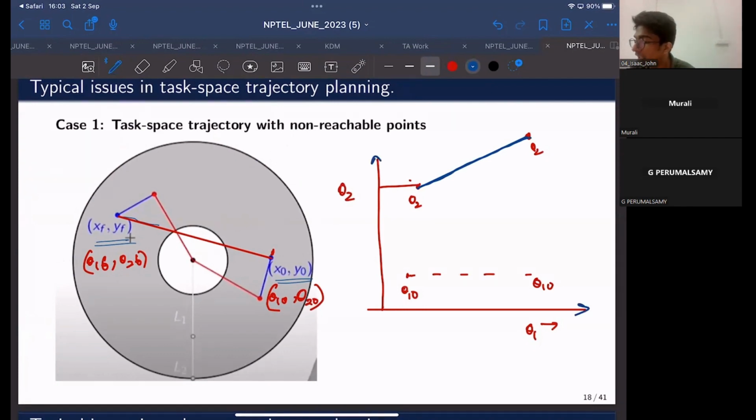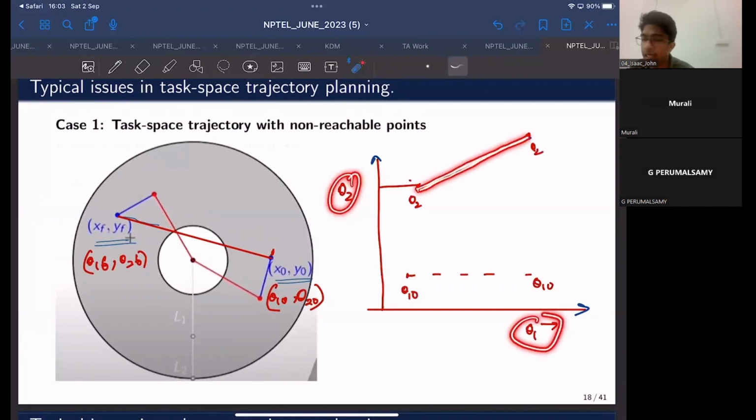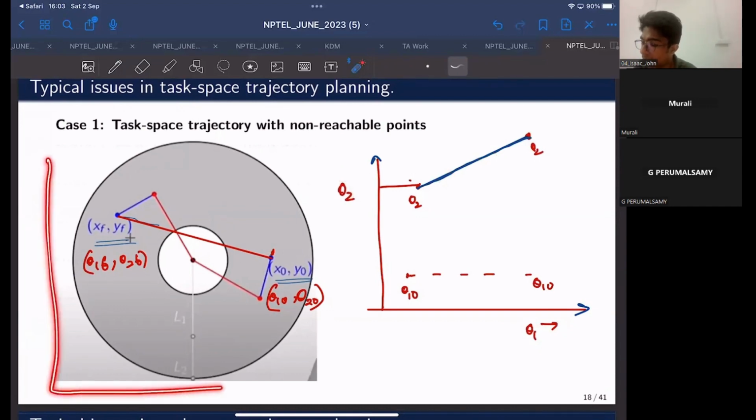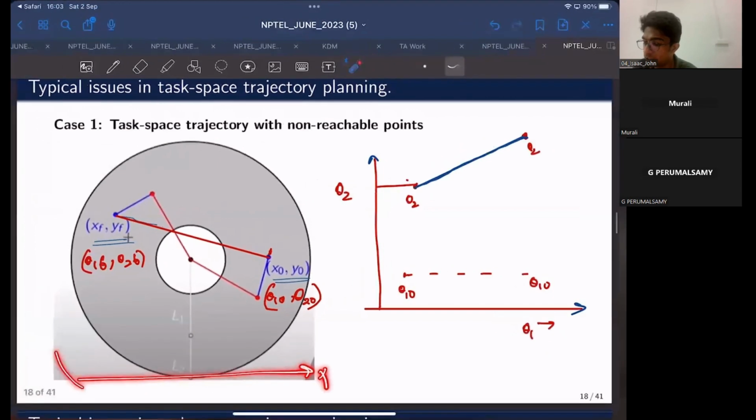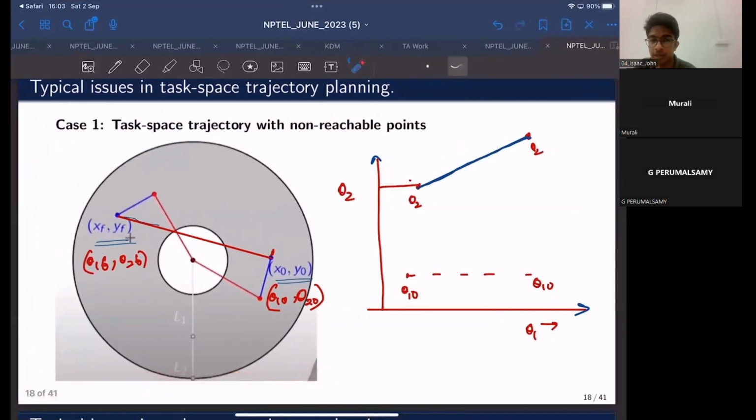The trajectory in theta 1, theta 2 space is again a straight line interpolation, but task space is defined with respect to x and y. So this is the x-axis, and if you consider this to be the y-axis, if you plan a straight line interpolation in joint space, in theta 1 and theta 2 coordinates,